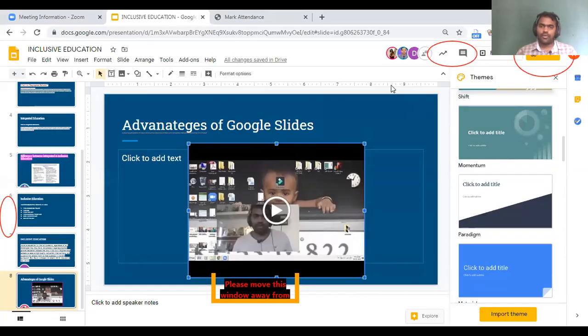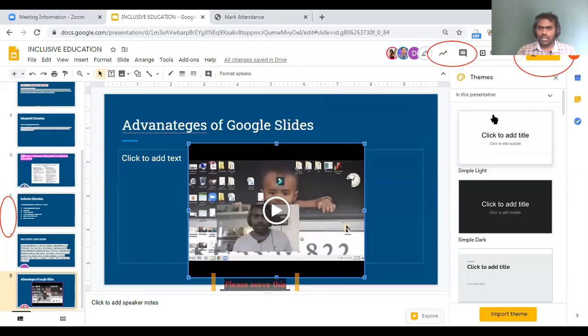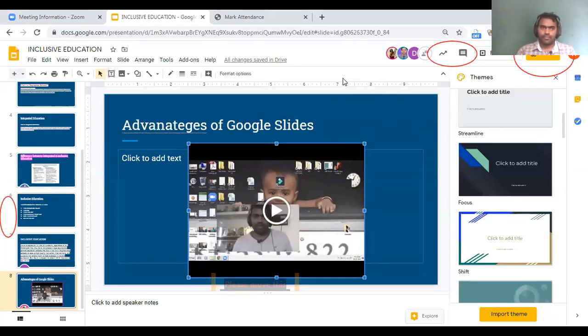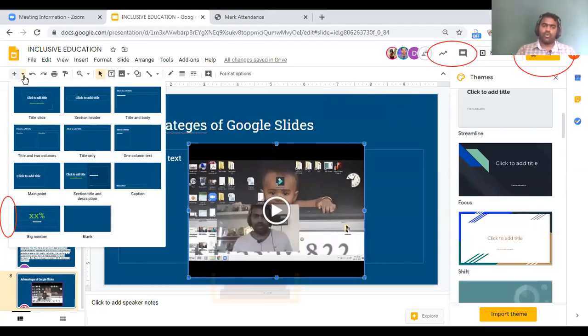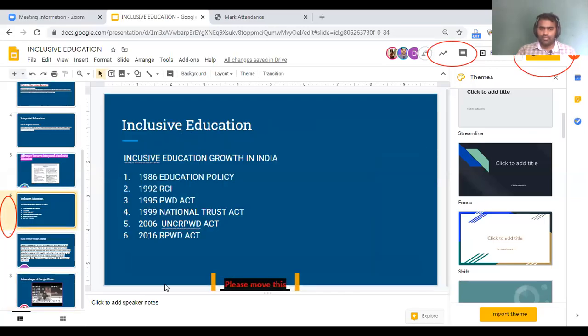Actually, I did not get you completely. Yeah, I got it. What I understood is about themes, right? You are talking about themes and design. We have selected one theme, and we are working on one single slide, and whatever we have written. You are talking about one theme, but different styles. Yes, exactly. Okay, without changing the theme, you click here.